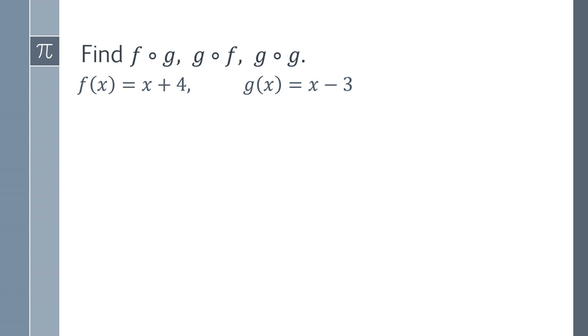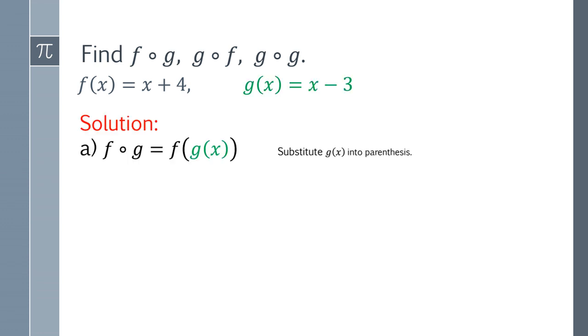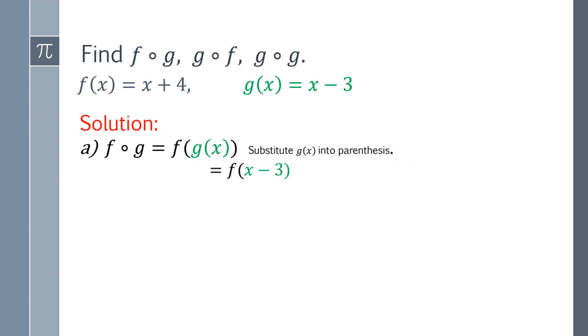So for instance, I have this function f of x is equal to x plus 4 and g of x is equal to x minus 3. If I want to do the first one here, f composed of g, what this is really saying is that I want to put function f, because f comes first, and into function f, I'm going to put function g. So instead of putting the value,